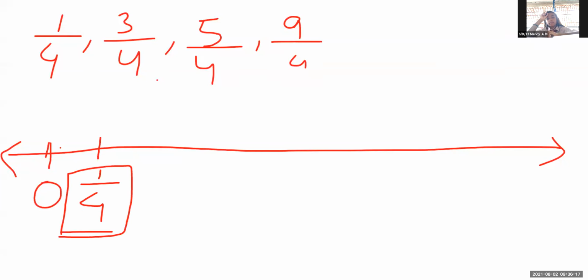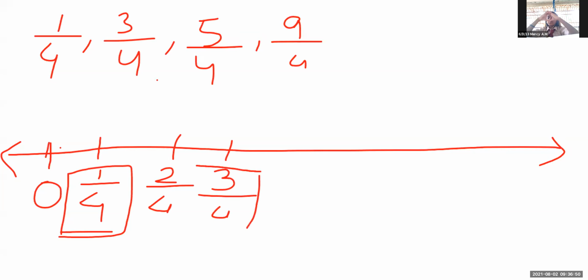Okay. Now next number, what should I write after 1/4? Very good. After 1 upon 4, I should write 2 upon 4. 2 upon 4 हमको ढूंढना नहीं है. What do we have to find? Okay. Now next, after 2 upon 4, what should I write? Okay, very nice. After 2 upon 4, 3 upon 4. This we have to find out. So I make a box also to show that this also we have to find out.